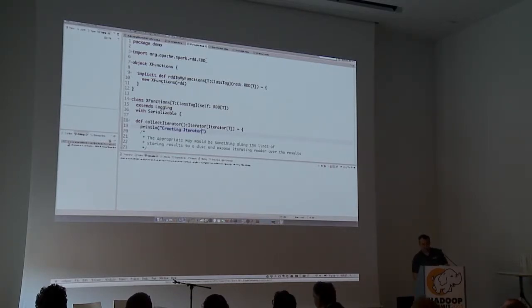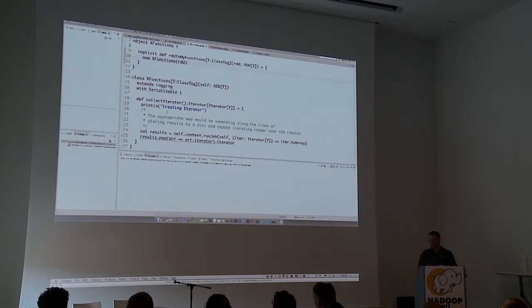RDD to my functions, or X function, whatever you want to call it, right? And I create this class called X functions. In this case, again, this code is just to demonstrate the concept. Obviously, I'm still pulling everything into the collection and then returning it as an iterator. But the point is that you can implement whatever code you want in here. So typically, you would probably write it to a text file and then read it as an iterator from the text file, something that, for example, we do for some of our clients.